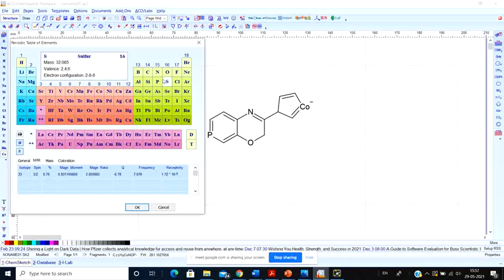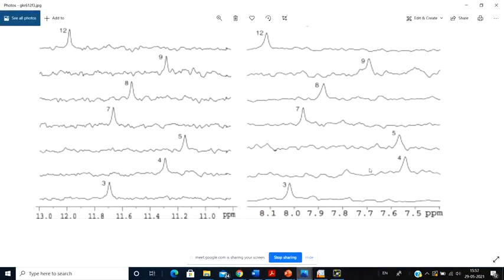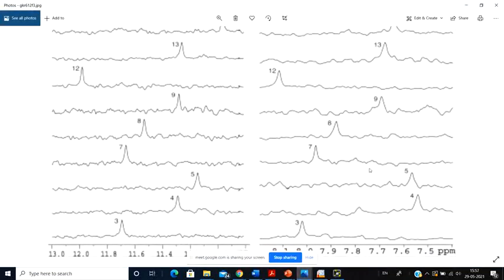Not oxygen, suppose I am thinking of sulfur. Sulfur gives a peak at 7.67. Now when you add the sulfur to your group or to your molecule, and when there is no sulfur, you see a peak like this. At 7.6 there is no peak. So yes, there is no sulfur.